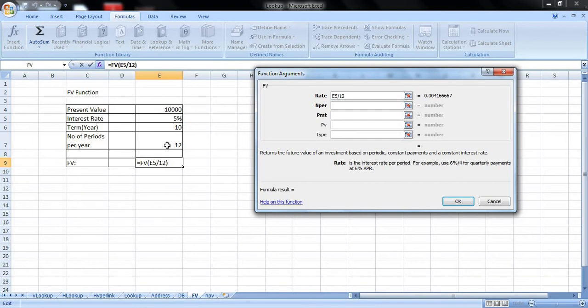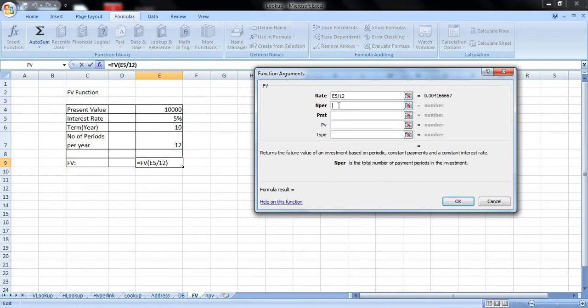Generally, for investments like fixed deposits, the interest rate will be for the year. In such cases, you will have to divide it by 12, which means it is for the year, as we have 12 periodic installments in the year. If not, if it is for every month, you can directly mention the interest rate. But here in this case, it is 12.